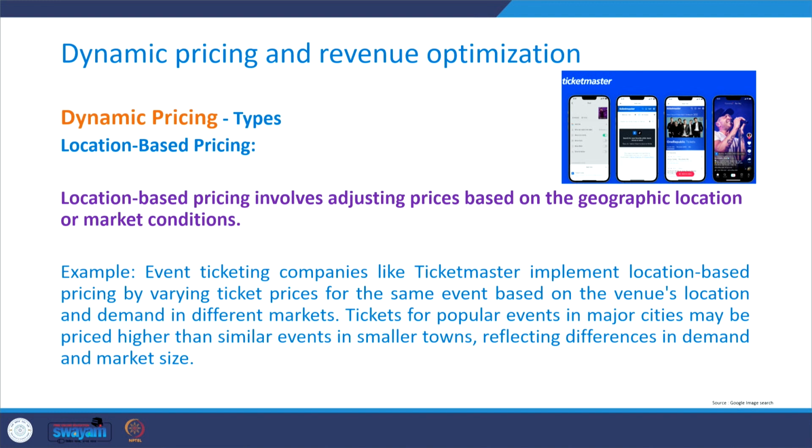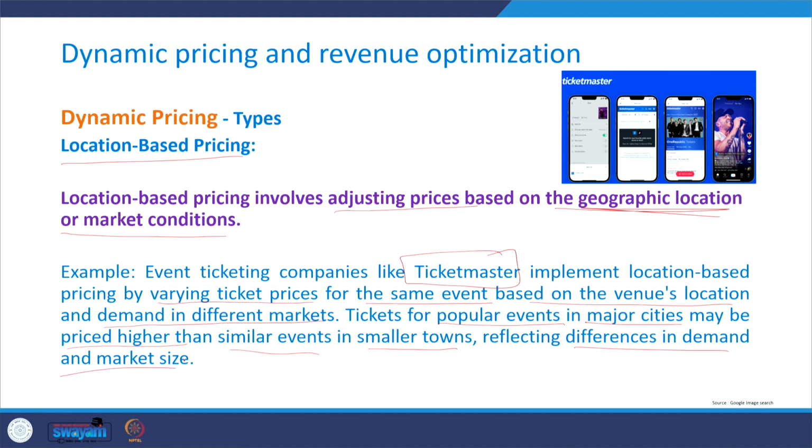The fourth type of dynamic pricing is location-based pricing. Location-based pricing involves adjusting prices based on the geographic location or even market conditions. For example, event ticketing companies like Ticketmaster. Ticketmaster implements location-based pricing by varying ticket prices for the same event based on the venue's location and demand in different markets. Tickets for popular events in major cities may be priced higher than the similar events in smaller towns, reflecting differences in demand